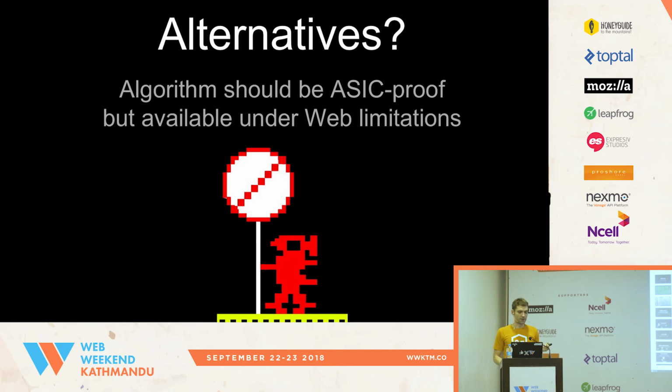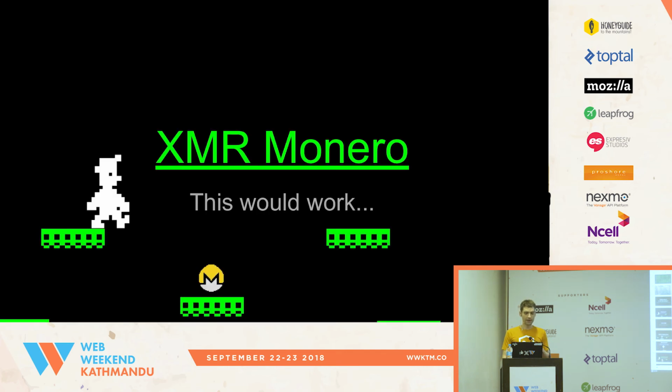Are there any alternatives? So actually there are. There is XMR Monero, which is very efficient to mine on CPU, and you can mine it also with WebAssembly. It's quite a good cryptocurrency, which is good in many ways. First of all, it's very secure in terms of anonymization of transactions. Currently, the FBI can decode Bitcoin transactions, but for XMR Monero, they recently started a contest on who can hack Monero and give us some knowledge from that.